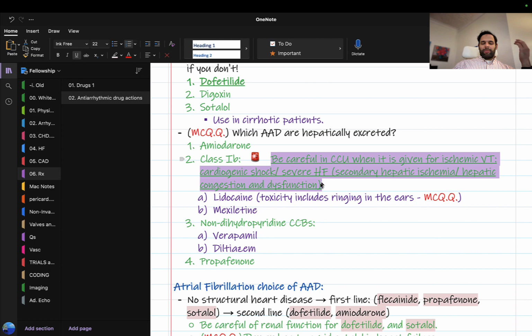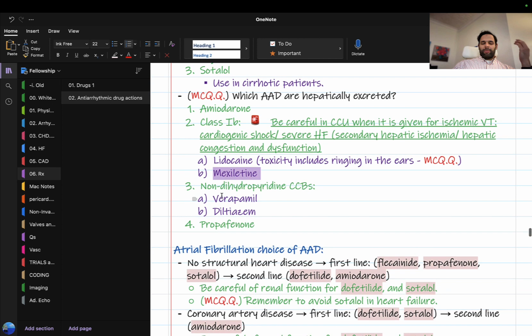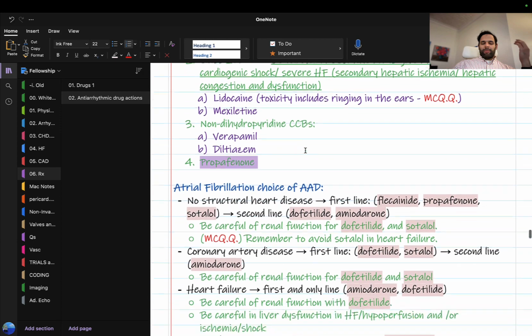So lidocaine toxicity includes ringing in the ears. That also appeared on an MCQ before. And mexiletine is the oral form of lidocaine. So non-dihydropyridine calcium channel blockers, the verapamil and diltiazem, are both hepatically excreted, and also is propafenone. Okay,